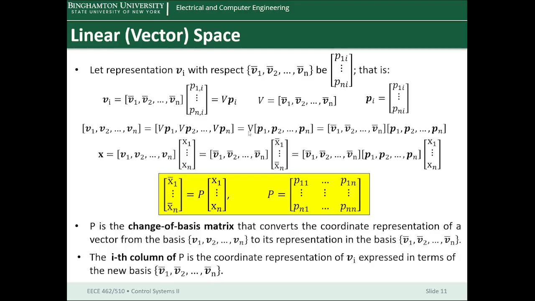And we can factor out V from this matrix, and we have V equal V P1, P2 to Pn. And we know V is V bar 1 to V bar n. Then we have the relation between matrix V1 to Vn with V bar 1 to V bar n and P. When we use this equation in